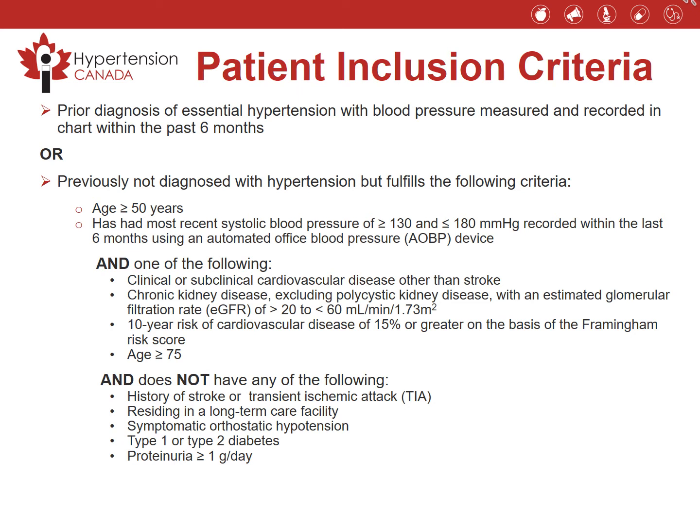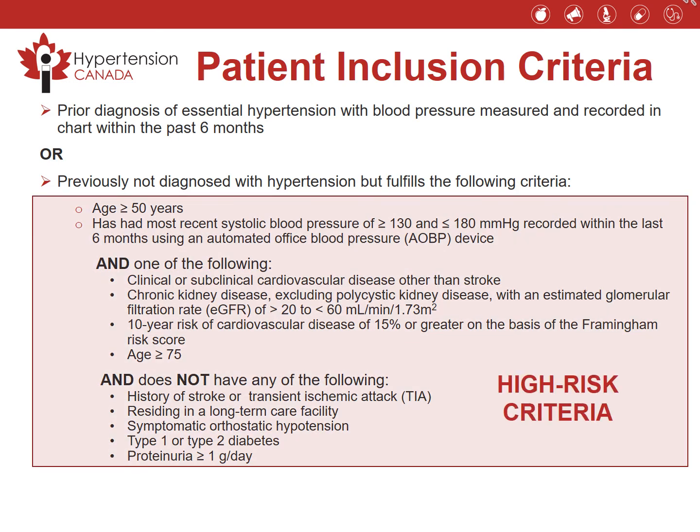Chart audits may be completed for patients who meet the following inclusion criteria: prior diagnosis of essential hypertension with blood pressure measured and recorded in chart within the past 6 months, or previously not diagnosed with hypertension but fulfills the following criteria: at least 50 years of age, has had most recent systolic blood pressure of 130 to 180 mm mercury recorded within the last 6 months using an automated office blood pressure device, and one of the following: clinical or subclinical cardiovascular disease other than stroke, chronic kidney disease excluding polycystic kidney disease with an eGFR of greater than 20 to less than 60 milliliters per minute per 1.73 meters squared, 10-year risk of cardiovascular disease of 15% or greater on the basis of the Framingham Risk Score,